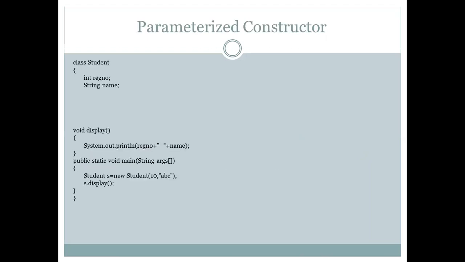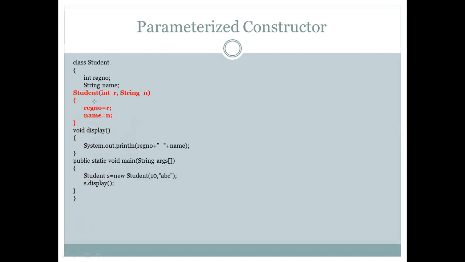Now we'll go in for an example for a parameterized constructor. We will take up the same example that we took up for a default constructor, but now I'm going to write a constructor with parameters. So look at the constructor that has been written with parameters. The constructor is student. It now has two parameters. One is R and the other one is N. Now when you look at this constructor, you can clearly understand